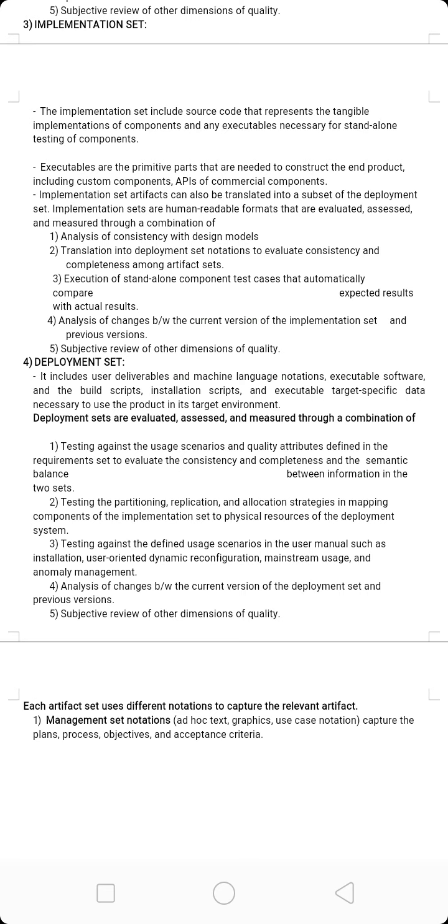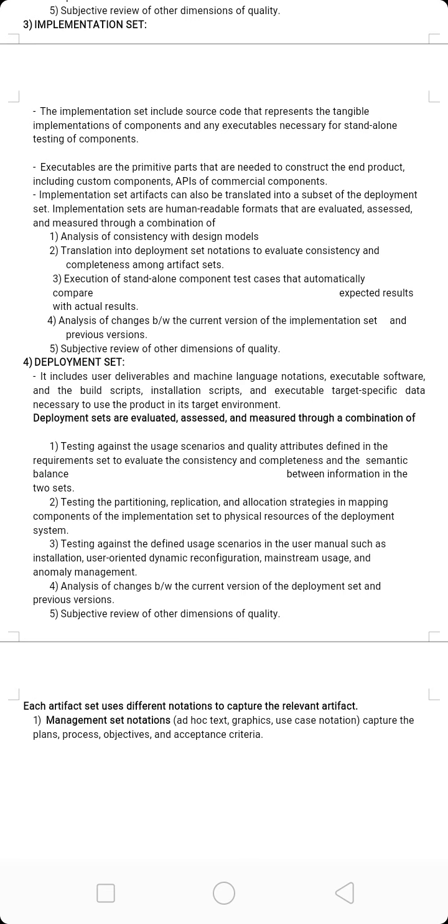These executables are primitive parts needed to construct the end product, including custom components, application programming interfaces, that is APIs, of the commercial components, and APIs of reusable or legacy components in programming languages like Ada 95, C++, Visual Basic, Java or assembly languages.